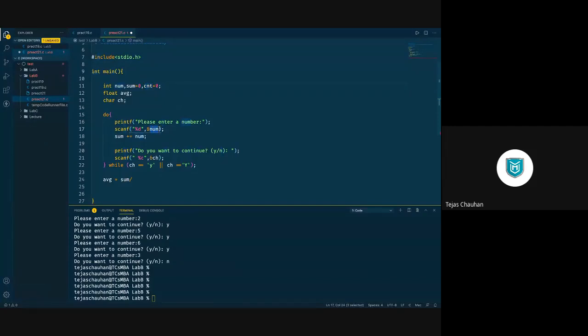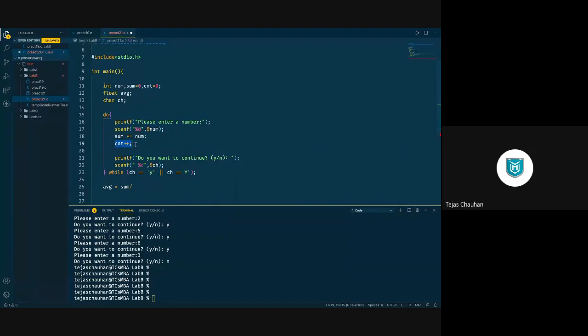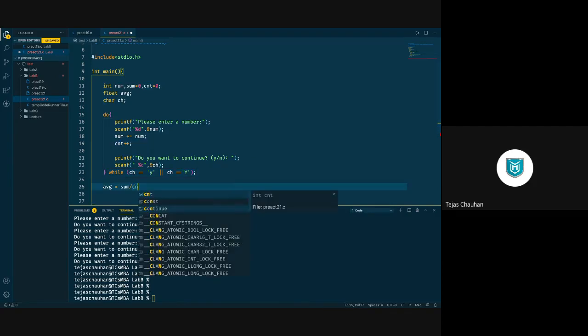As soon as the user gives a number, I will increase that counter, cnt plus plus, that's it. It is nothing but a counter. So the first number given makes it go from 0 to 1, the second number makes it 1 to 2, the third number makes it 2 to 3. So at the end of this loop, the count of the numbers the user has given will be in cnt. So you can use that cnt here to find the average.